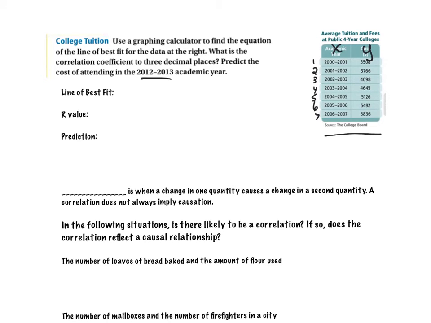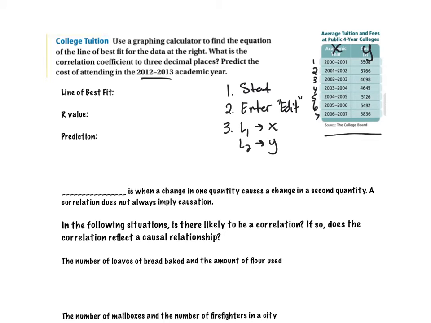So when you turn on your calculator, the first thing you're going to do is click Stat. The second thing you'll do is hit Enter on Edit. Line 1, L1, is your X's, and L2 is your Y's. So I'm just going to plug those in: 1 through 7,